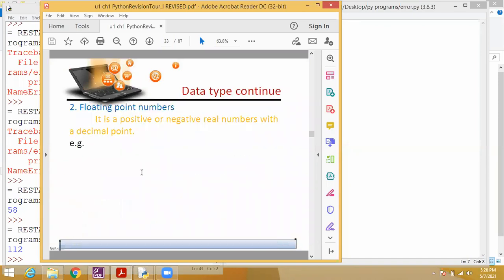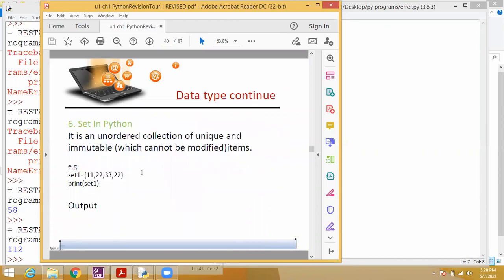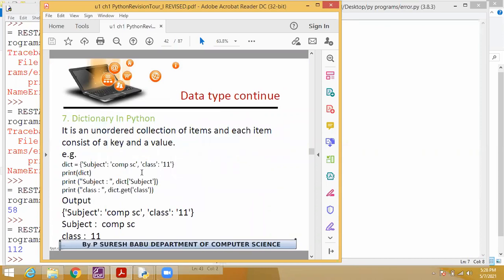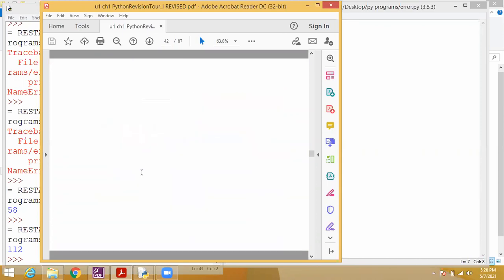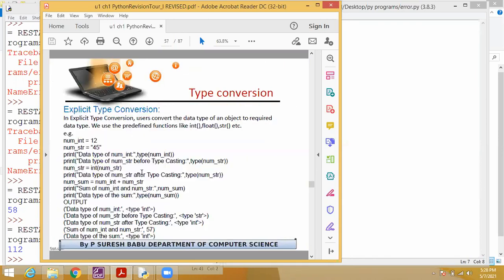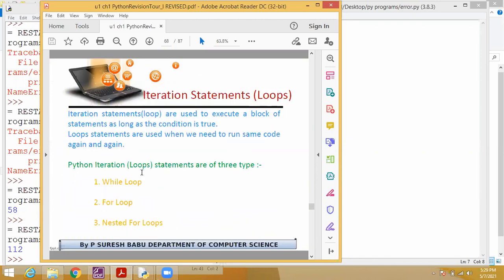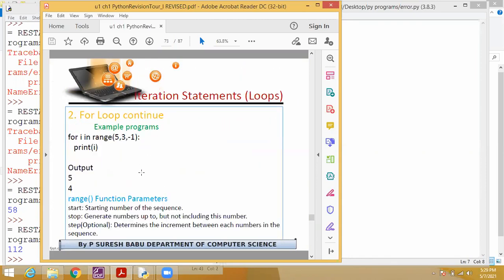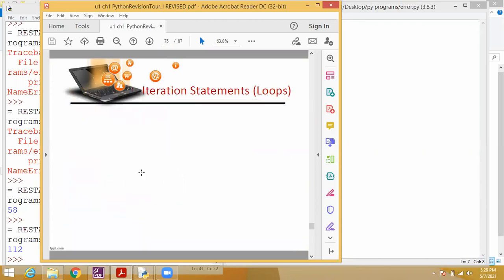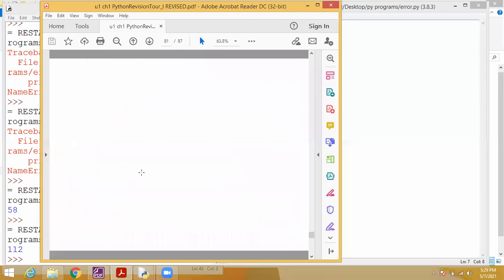Then fourth one is control statements: conditional statements, iteration statements, and jump statements, break, continue, pass. Then fifth one is debugging. So everything will be the portion for next week's test. Students, understood? Everyone noted the portion? Yes, sir.